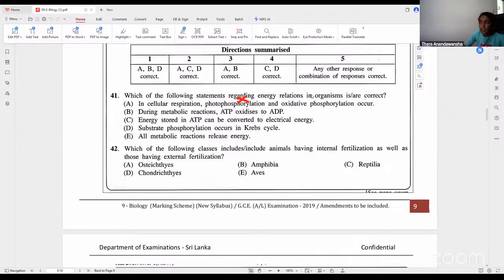Photophosphorylation happens in photosynthesis. This is correct. This part is wrong. So that whole statement is wrong here. During metabolic reactions, ATP oxidizes to ADP, wrong. ATP hydrolyzes. Substrate phosphorylation is